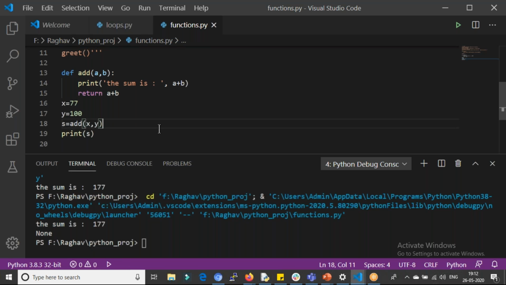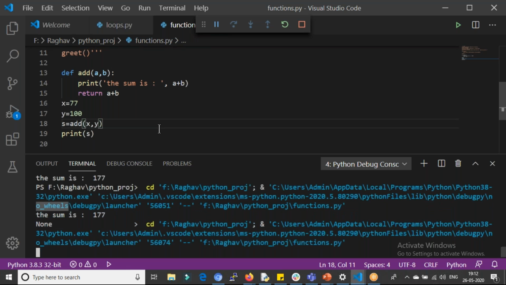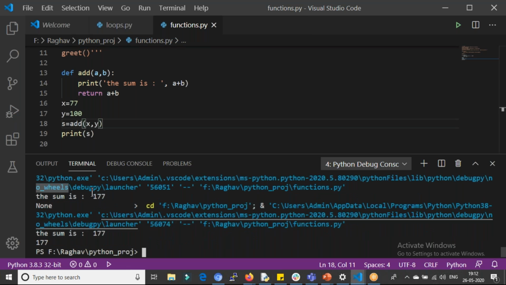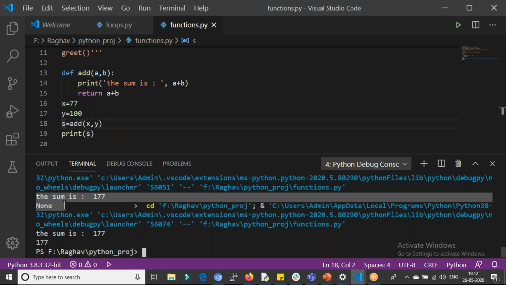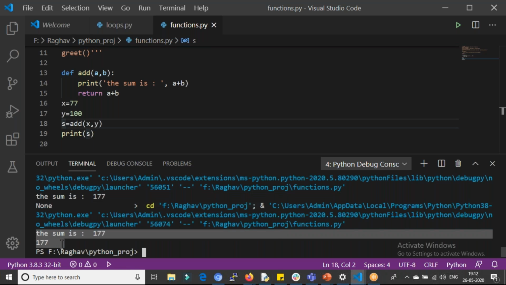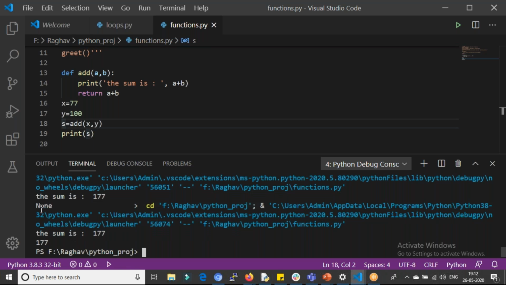If I run it now, the value of this addition is getting stored inside s. As you can see, this value is before adding the return statement, and this value is after adding the return statement. When I did not add the return statement, it's saying None, but when I have added the return statement, it's giving me the value of the addition. I gave an expression over here, that's why it's returning the value.